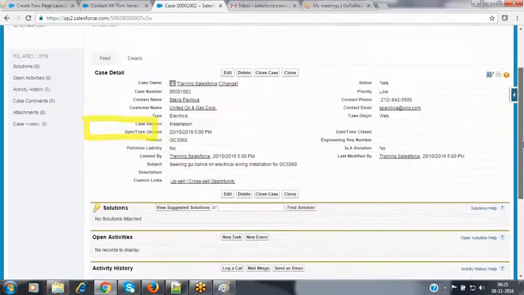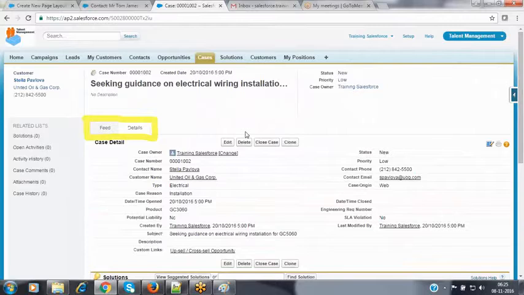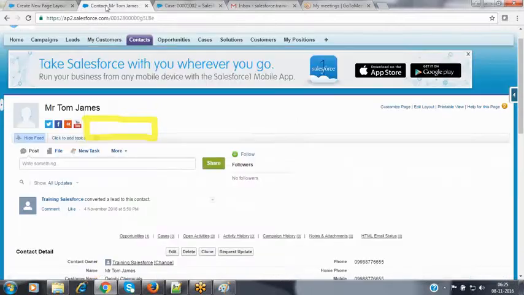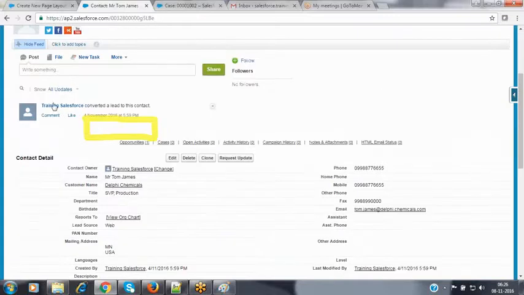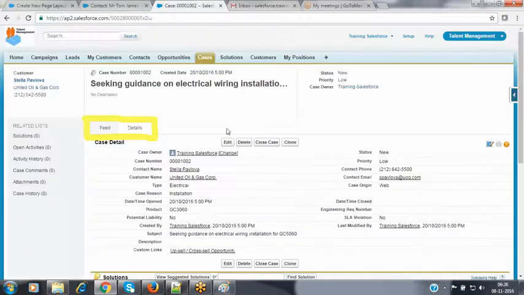When you go to the case object, the feed has been separated into a separate tab, and the actual case record details are displayed inside another tab. But with the contact, it is different. Both are available in the same looking page: the Chatter feed is also available here itself, and the record is also available here itself. So when coming to the case, they have provided a layout of the type feed based layout. The Chatter feed will be in a separate tab and the actual case record details will be in a separate tab. This type of page layout is called a feed based layout. For the case object, they have used the feed based layout.